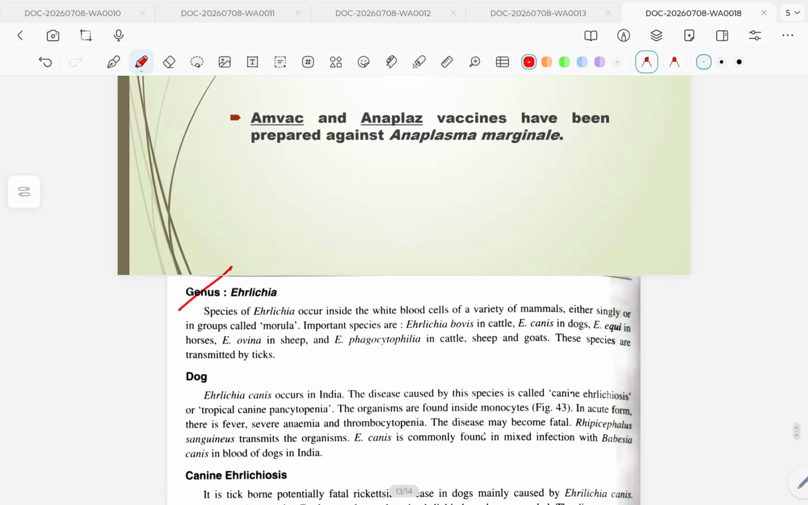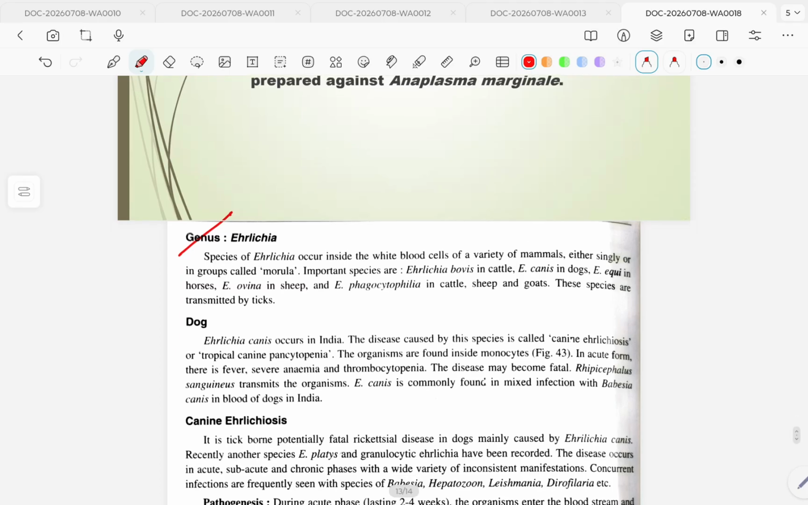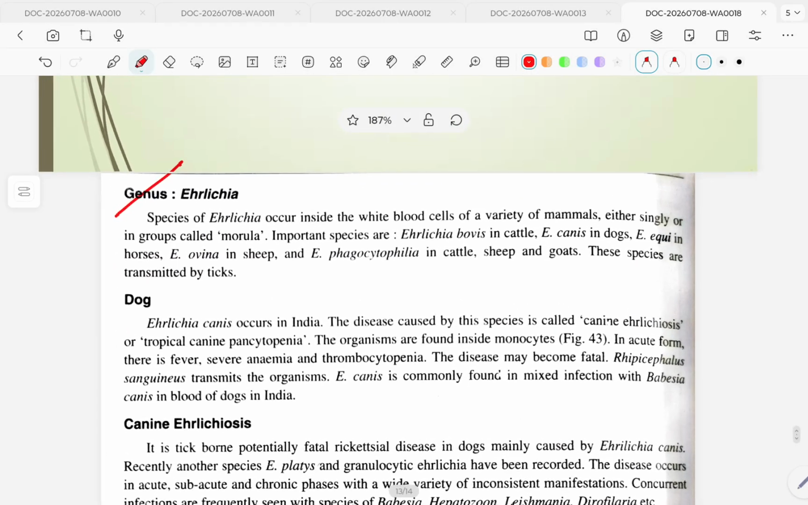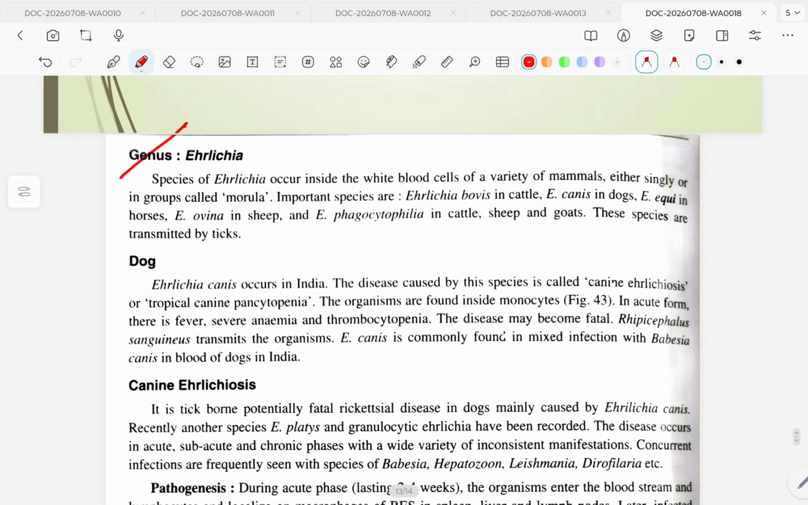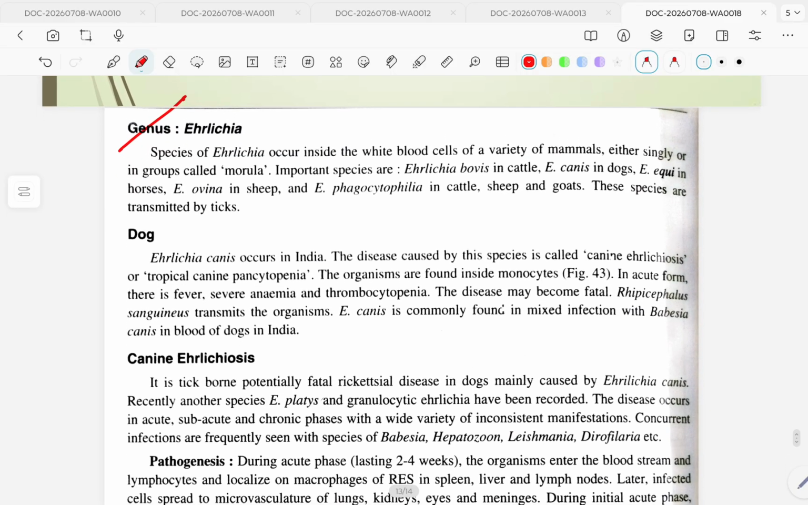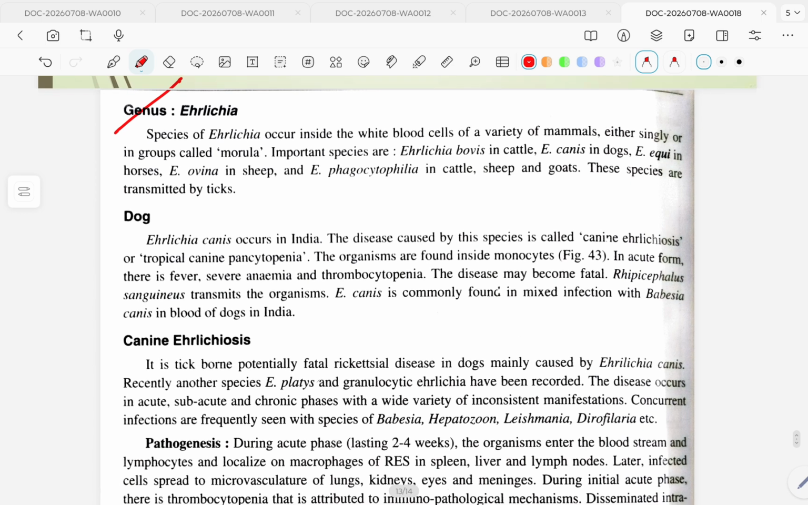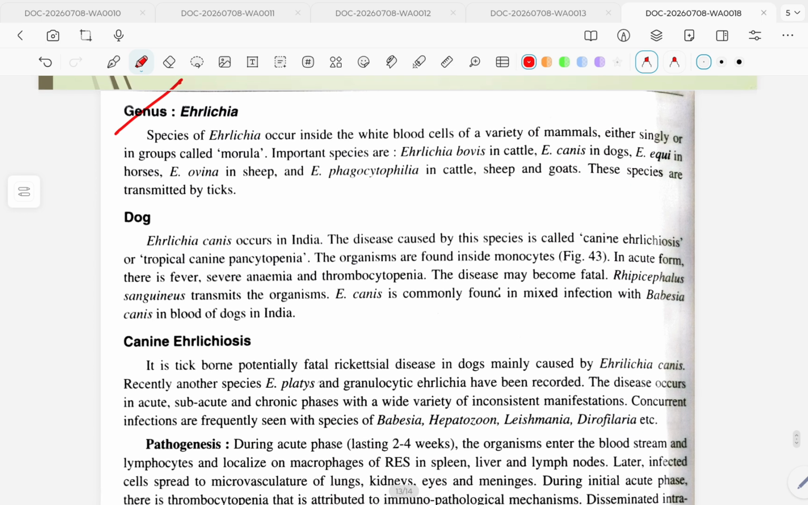Genus Ehrlichia. Species of Ehrlichia occur inside the white blood cells of a variety of mammals, either singly or in groups called morula. Important species are